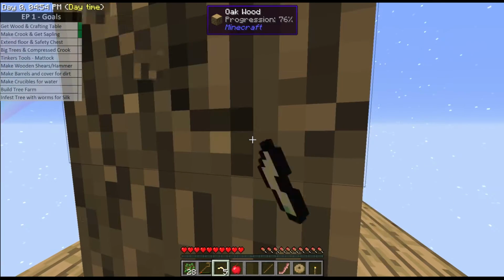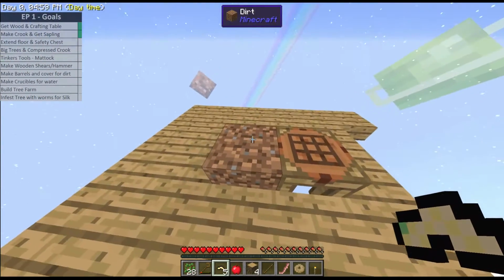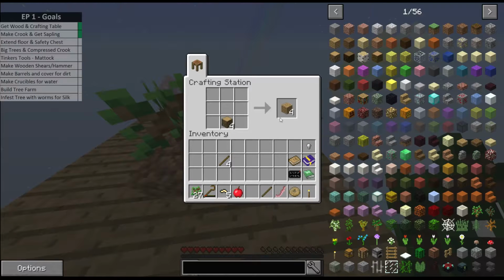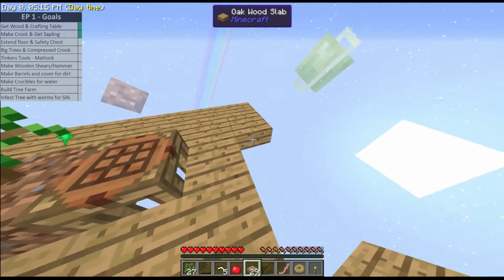Make sure you don't use anything that has durability to harvest the wood. So for example I didn't use the crook because it would lose durability even though it's just not needed for this particular type. Again I put the tree down. It's kind of a rinse and repeat at the beginning. We extend the floor at least to a 5 by 5